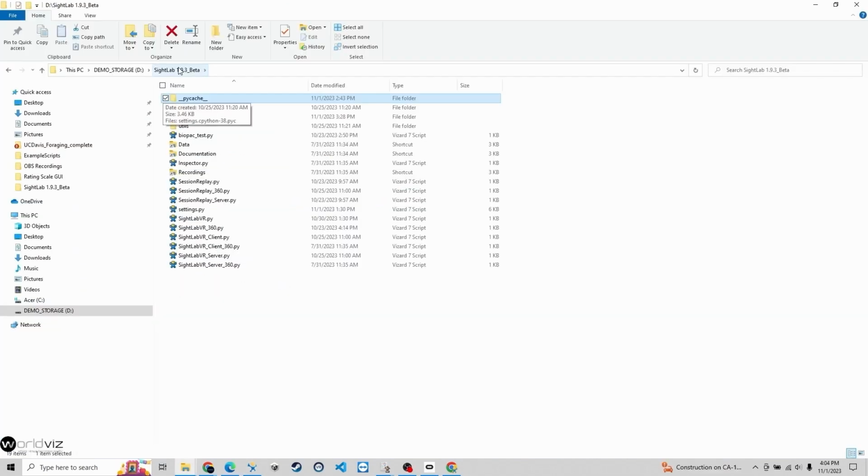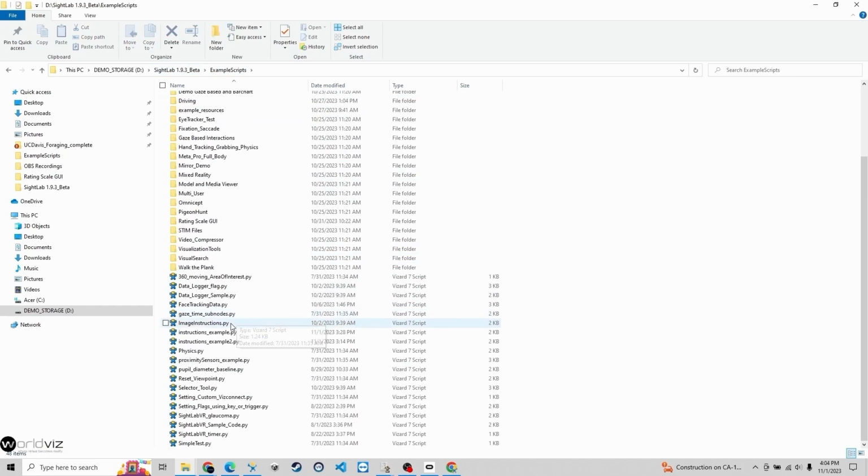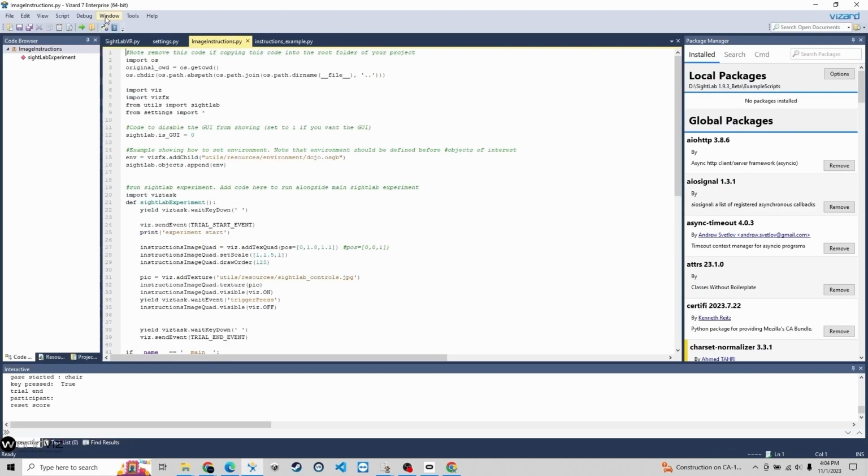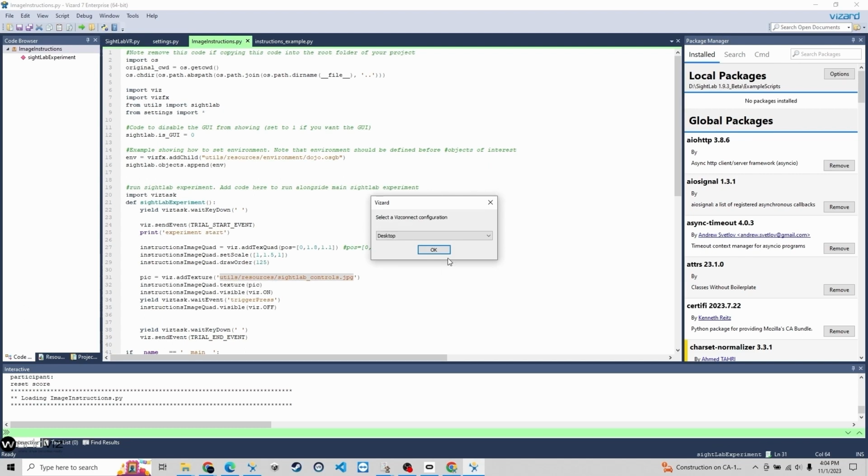You can also use images for your instructions. For that, we will have to go in our example scripts file again and then search for image instructions. Here we right click and click the edit button to open it up in our Vizard application again. And now you can already see that we are adding a texture, and then you will just input your file path for the picture that you want to display, and we can look at it in the scene what will happen. So we will run the script and pick the desktop configuration. Okay,